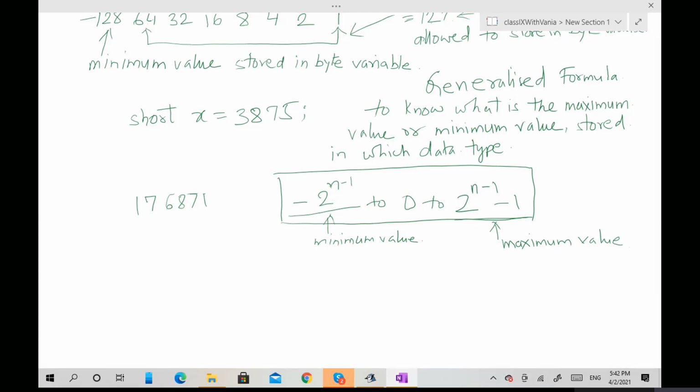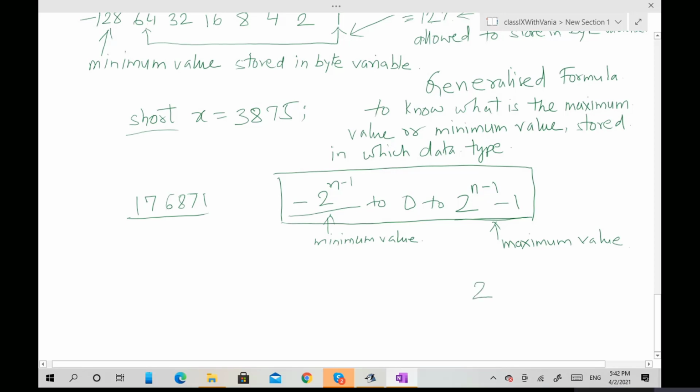First, byte is not suitable because we know the calculation of byte. So now we go for short. Is short suitable for storing this number or not? This is a positive number, so we write here for short.